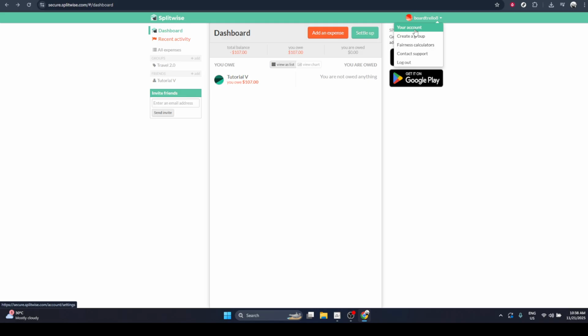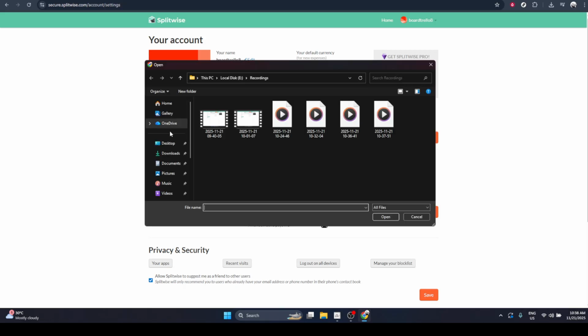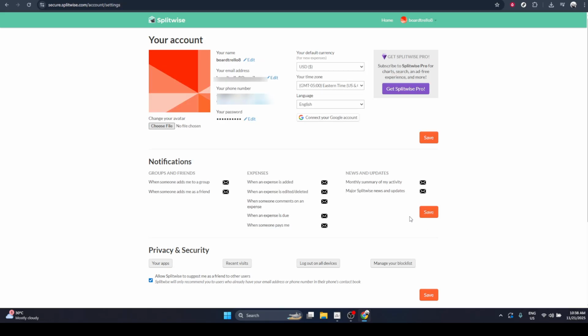Now, look towards the upper right corner of the screen. You'll see your current profile icon or your name. Click on that area. This opens a small menu related to your account. From this menu, select the option that says Your Account. Clicking this will take you to your account settings page, where you can adjust personal details, notifications, and of course,